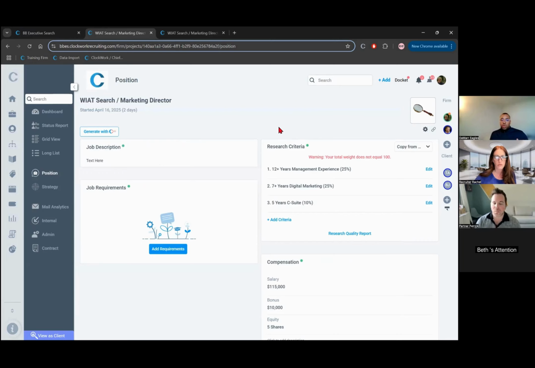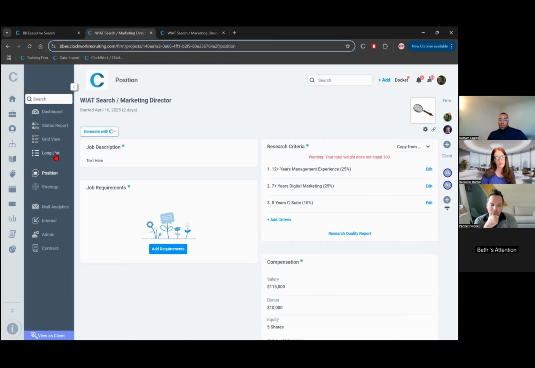On this page as well, sometimes you might actually have your own criteria, your own job descriptions, but Clockwork has, sorry, was there any other questions on that before I go into the next part? Yeah, so my other question is how do my clients when they log in, how does that rating show up for them? Yeah, so for those ratings that actually follow them within the project,